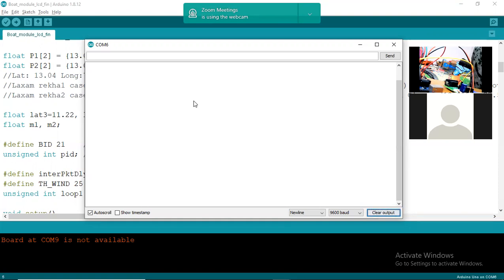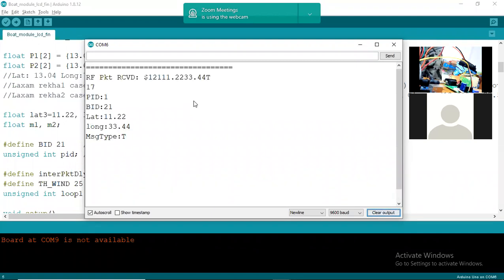Connect from the power. So you might have heard the sound. See, automatically a message has come on the receiver module. Boat module is on. Location has come as some 11.22 and 33.4, which is the default location, because GPS is still not capturing the location immediately. It will take some 30 seconds.